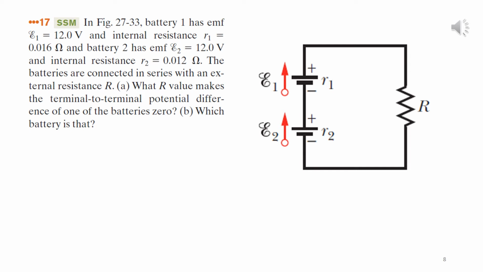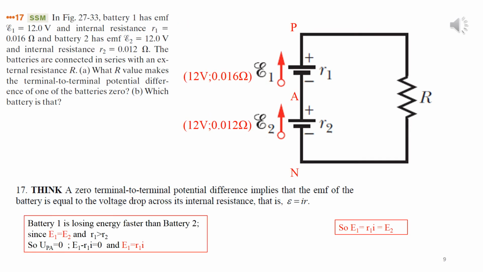So each battery is consuming on itself. One has a resistance of 0.016 and the other 0.012. Surely E1 will run out first. So the U of battery 1 should be 0 before the U of battery 2. And the U of a battery is the EMF minus RI, because it is creating an EMF but it is consuming small RI. So let's point